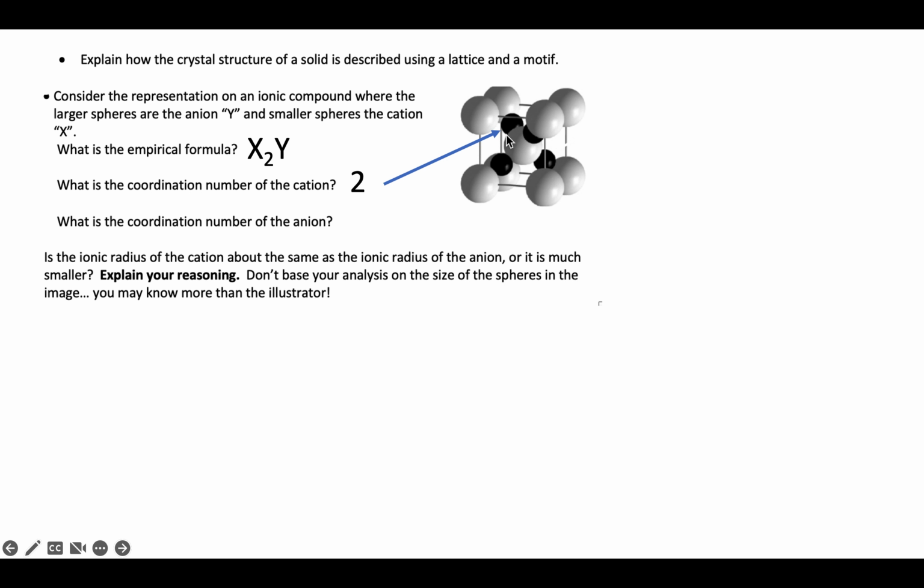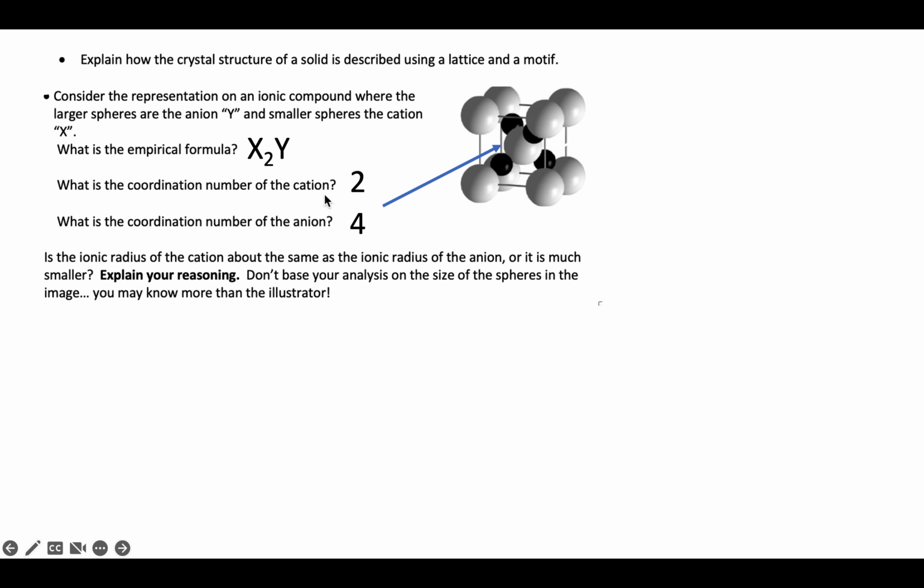If I were to look at the cation, the coordination number, that would be the immediate neighbors. For this cation, I see 2 different anions immediately adjacent to it. I could visualize that for each of those. And given the empirical formula, that means the coordination of the anion has to be 4. If I look at the one right in the center, that's also consistent, as it has 4 cations immediately adjacent to it. And when I say it has to be, remember we saw a connection between the coordination number and the charges that they would have, consistent with the empirical formula.